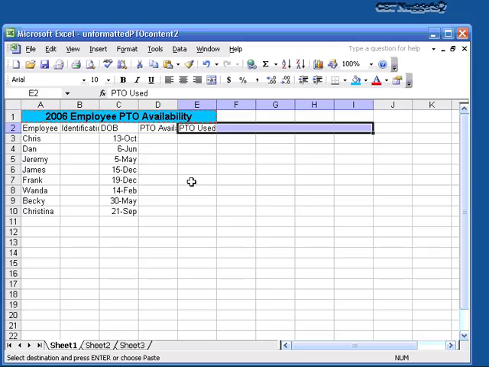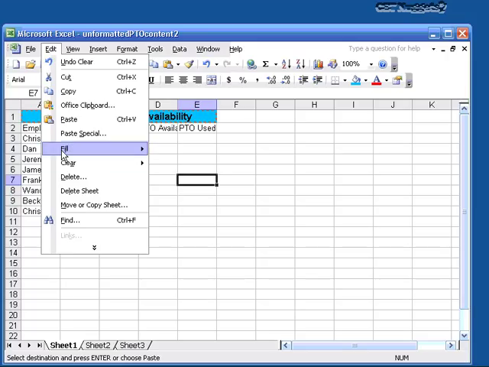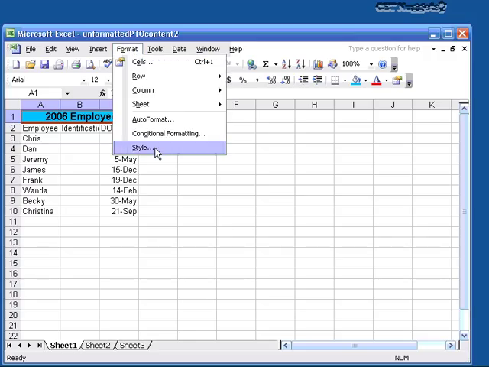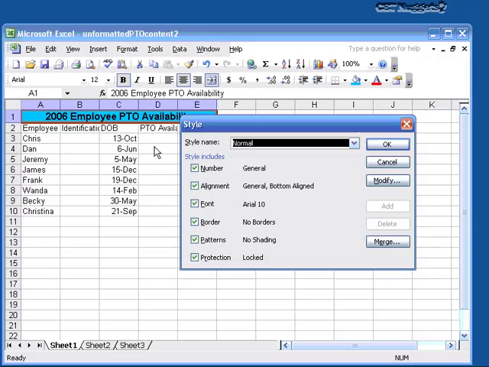Well, the first thing I'm going to want to do is deselect this, so I can come over here and click Edit and Clear, and that way it deselects that. Let's say I wanted to create a style, though, based upon what I have up here. So if I select it just like this, I can come up to Format, click Format, and click on Style. Once I've done that, it's going to say, all right, what do you want to do? Now, I could, if I want to,